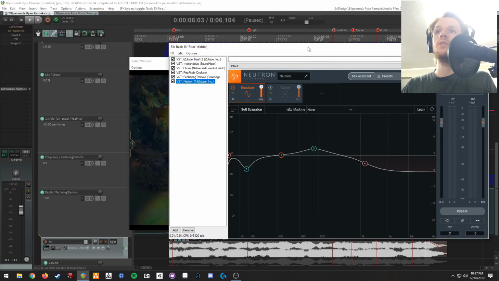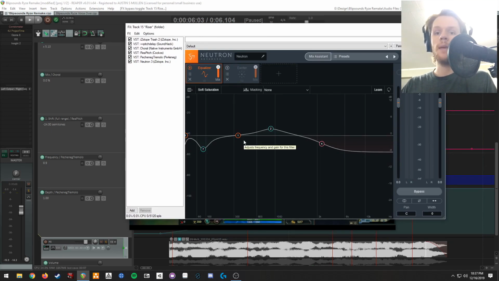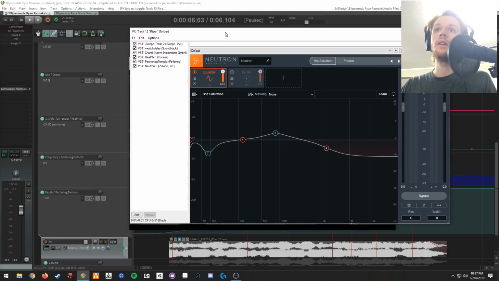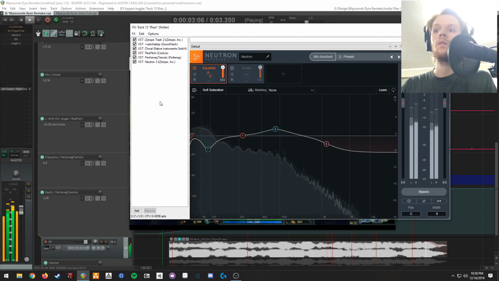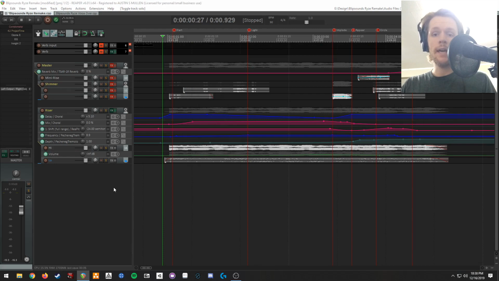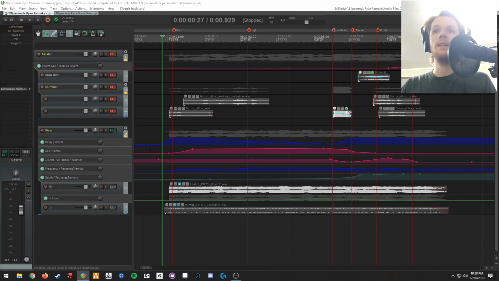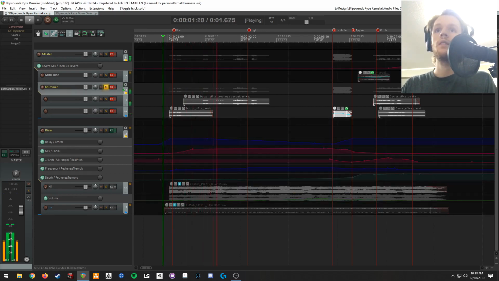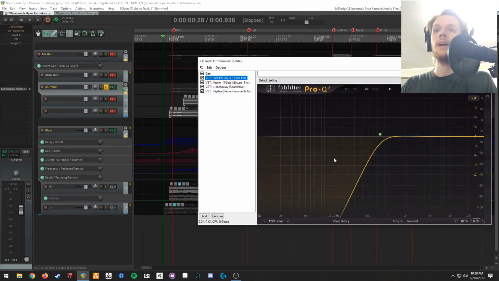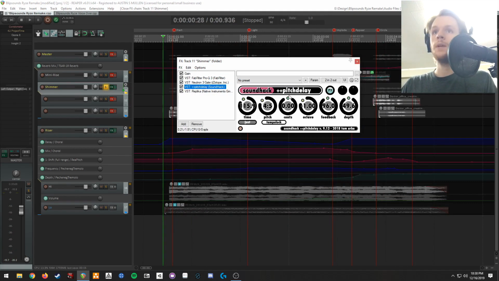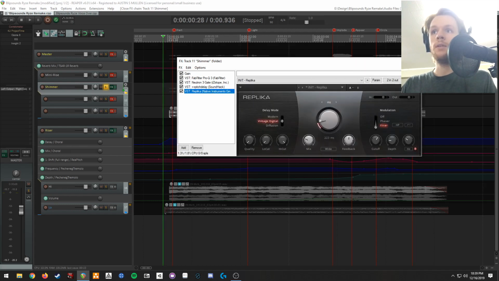And lastly, I added in Neutron, and I'm just using it as an equalizer to tame out some of the more extreme parts that I did not care for. I was really happy with all of the mid-low frequencies, but there wasn't really anything in the high end. So I found some parts of the squeaky gate, cut out all the low frequencies. Right after that, I'm putting it through pitch delay, and I'm putting it through a stereo delay with a filter modulating as a high pass, since the low end and mid range are very, very full already at this point.